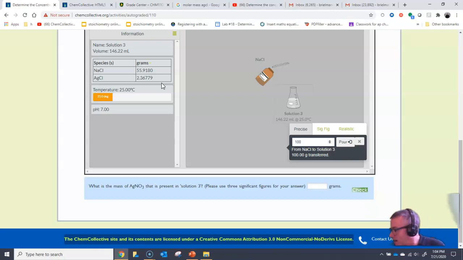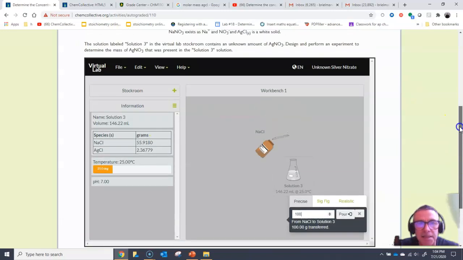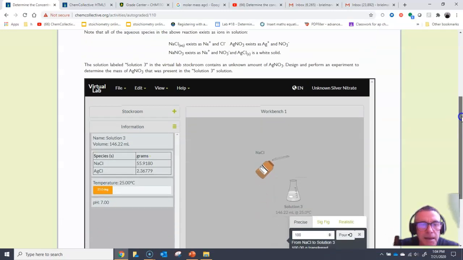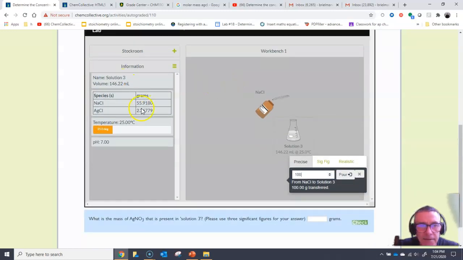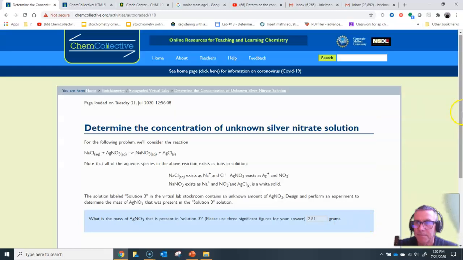So I'll do 2.36779 times my multiplying factor 1.1852, and I get 2.80806 grams. Now I see 5 sig figs. I see a lot of sig figs here. And is there anything that's limiting it? Gee, I don't know. I'm just going to say 2.81 grams. Let's see what it says. 2.81 grams. Oops, that's not supposed to go there. 2.81 grams. Let's check it. And it says,